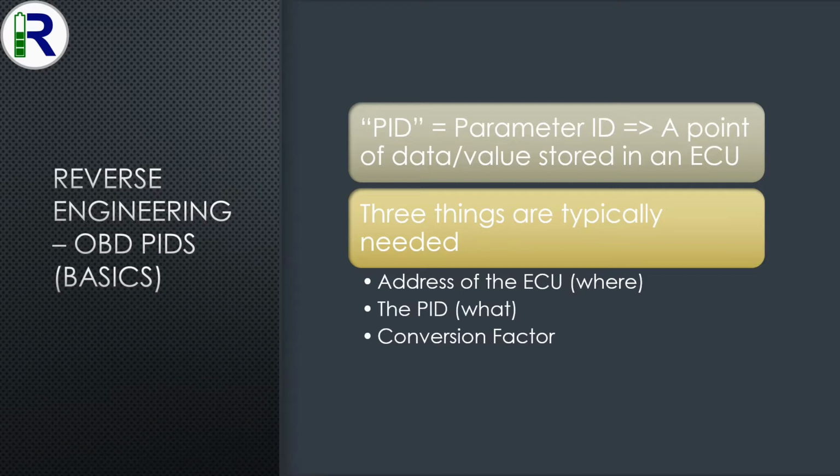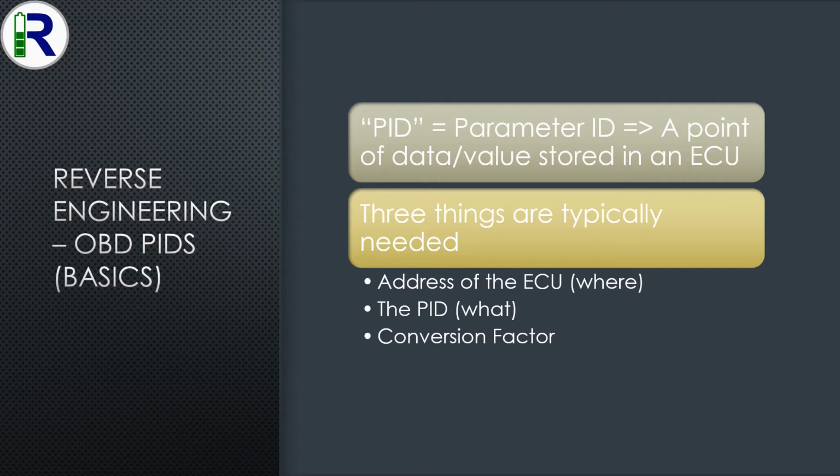Well, PID is an acronym for parameter ID, and that to us means it's some data that's being stored in an ECU. So for instance, the BMS might be storing the voltage of the main battery of the car, and there's lots and lots of these data points all within the ECUs of the car. They're going to hold things like function data, such as say the 12-volt battery state. They're also going to hold things such as software numbers. So what version of software is running on an ECU is quite important